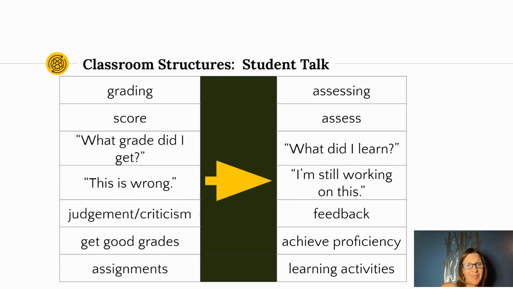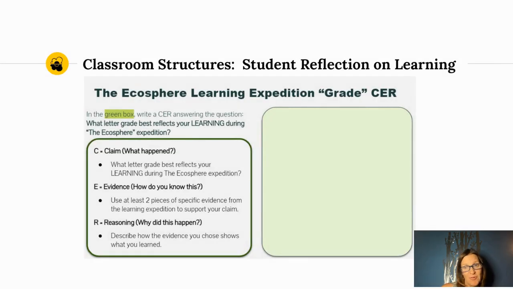A part of this is actually moving away from traditional grades. So kids will not have traditional grades in this class. Instead, they will either be proficient or not proficient yet. And again, they will continue to work on those not proficient yets, and they will become proficient, and then they will move on. At the end of the semester, they will be using a structure I call claim evidence reasoning,